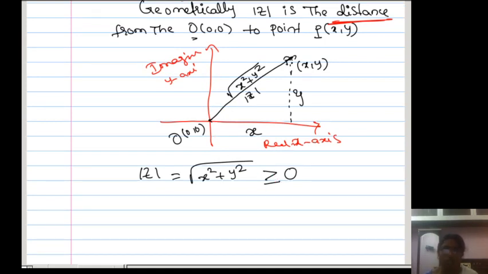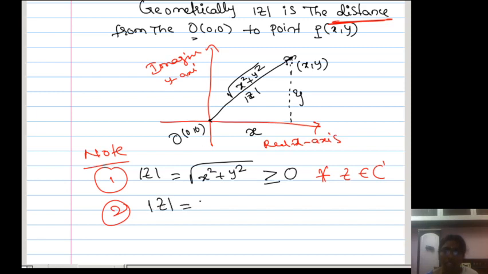When mod z is equal to 0, I am saying the note. First point, mod z is greater than or equal to 0 for all z belongs to C. Yes. It is non-negative, meaning positive and 0 also. When are you getting 0, my question? Mod z is equal to 0, when is it possible? Geometrically tell me the answer. Mod z is equal to 0 means the distance from the origin to the point x comma y is 0. Can I say that x comma y is nothing but 0 itself only, 0 comma 0 only?